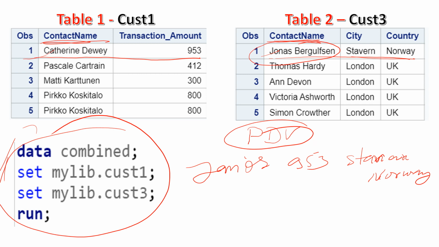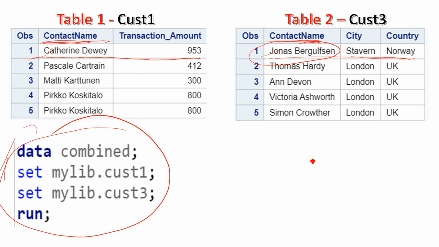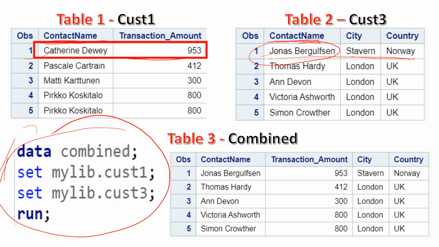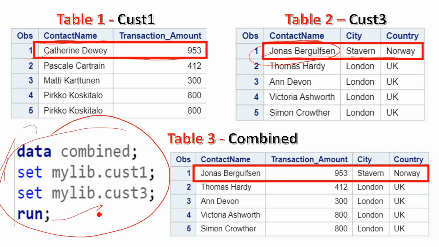If we get a chance to look into the program data vector, which is not visible, it would look something like this. I mean, it replaces the value in the common column from the previous table. So whenever you are combining two tables this way, you need to be very careful about such things. To conclude, if you are using this kind of syntax, then the output will not be as expected. So what could be the solution?